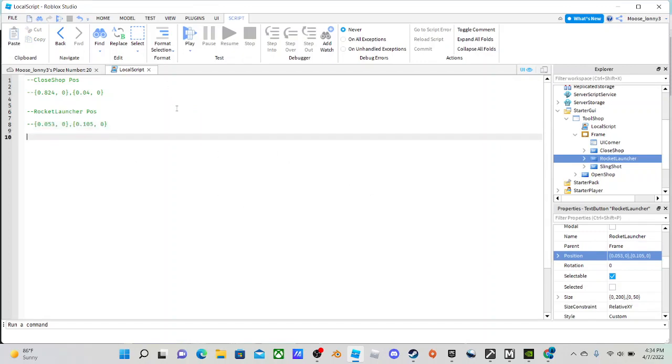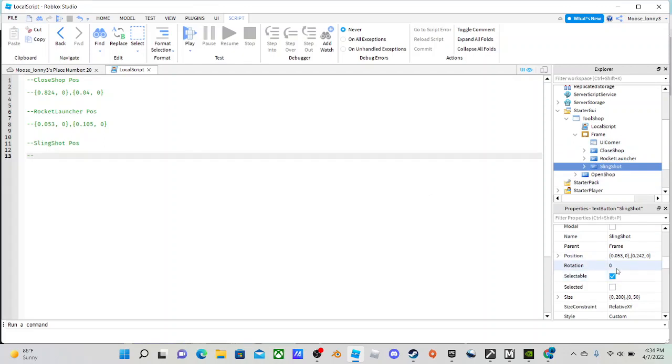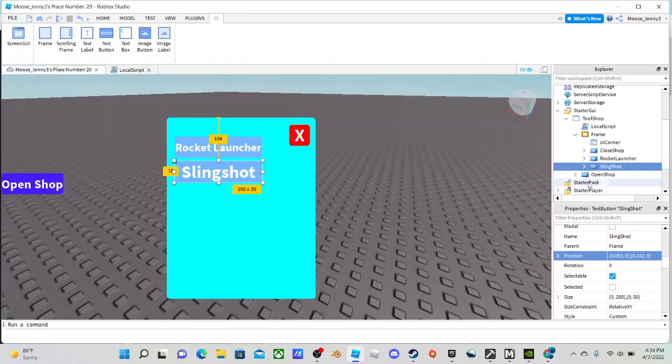Okay, and then dash slingshot pose, and there you go. You're gonna want to go to the slingshot, and then copy and paste the position. Just boom. Now basically what we're doing here is making it so that all the stuff stays the same, because